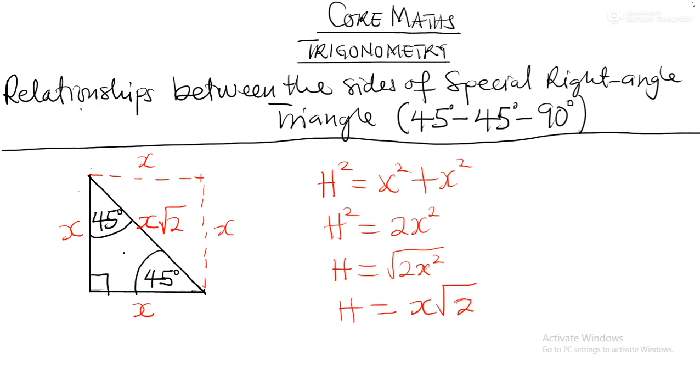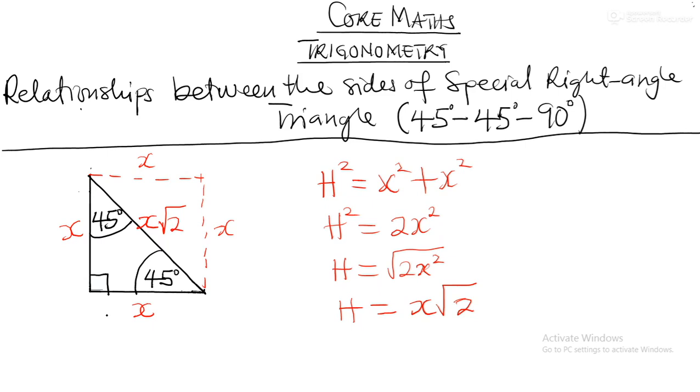So we don't need to go through Pythagoras theorem to get the sides of the special right angle triangles. The relationship between the sides will let us get it. If you know that this is x, the hypotenuse is straight away x√2. I hope you are okay. Good. Now